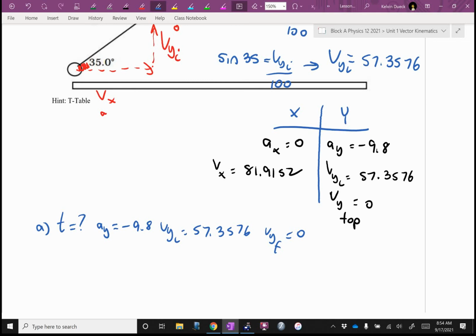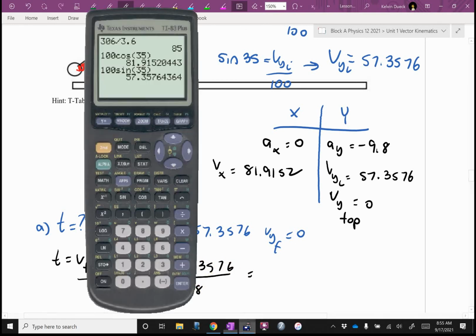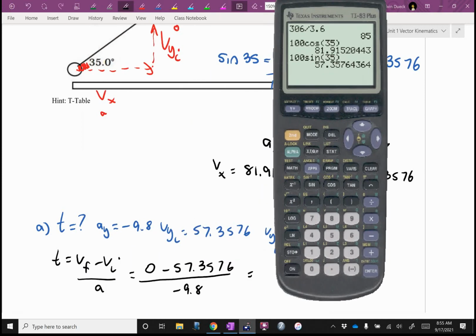Which one? Oh, you even got the T by itself? Well, thank you. T equals Vf minus Vi over A. It's going to be 0 minus 57.3576 all over negative 9.8. Oh, I have the 57.3576 still on my calculator, so I'm going to go, first of all, is